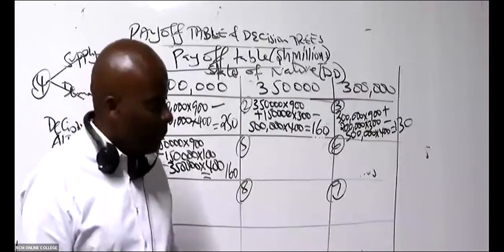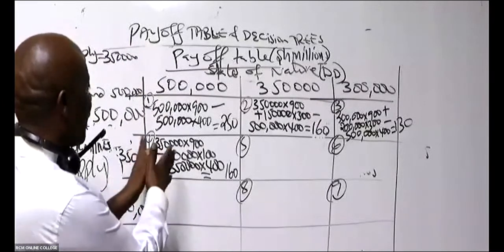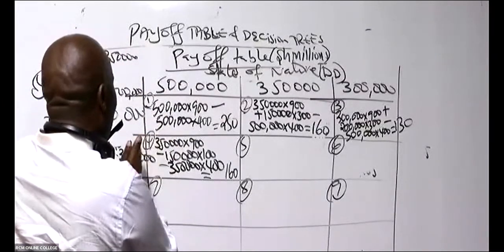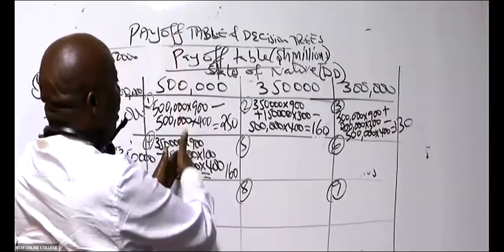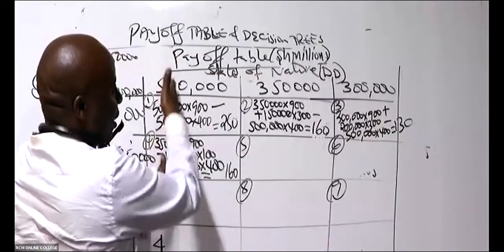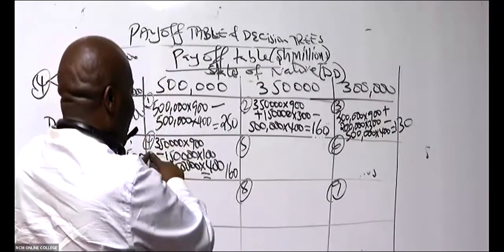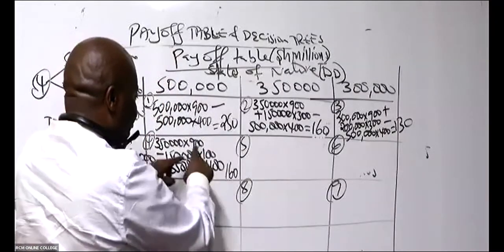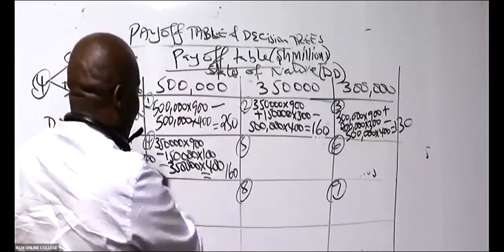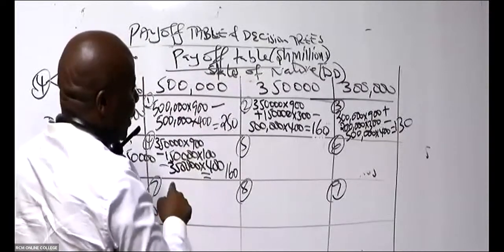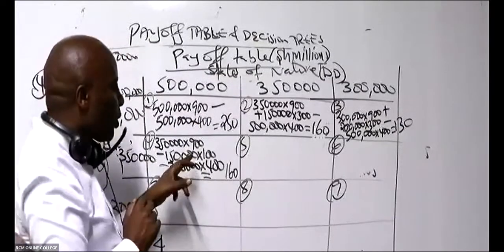Okay, look at this. I'm looking at number 4. Number 4, the supply here is 350. The demand for number 4 is 500. You should be able to see the intersection. This one here, the intersection, intersecting 350 and 500. 350 is supply, 500 is demand. Here we are not having